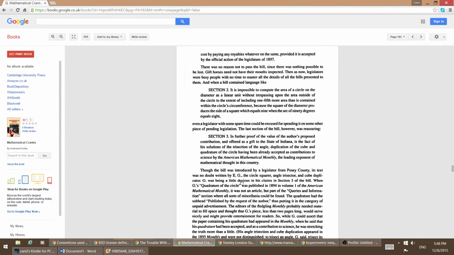G was being a little devious in his claims in Section 3 of the bill. When G's quadrature of the circle was published in 1894 in Volume 1 of the American Mathematical Monthly, it was not an article, but part of a queries and information section where all sorts of miscellanea could be found. The quadrature had the subhead "published by the request of the author," thus putting it in the category of unpaid advertisement. The editors of the fledgling monthly needed material to fill space, and thought that G's piece,